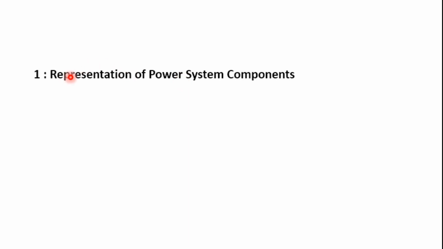Then we have a one line diagram. I told you in the previous case that we have such a complicated device, it is very difficult to plot all the things in a single diagram. That's why we are going with a one line diagram by considering a parallel system. So we have different types of parallel systems, the single phase and the three phase. Then we have some numericals, and based on these numericals we are going to make decisions related to the representation of power system components.